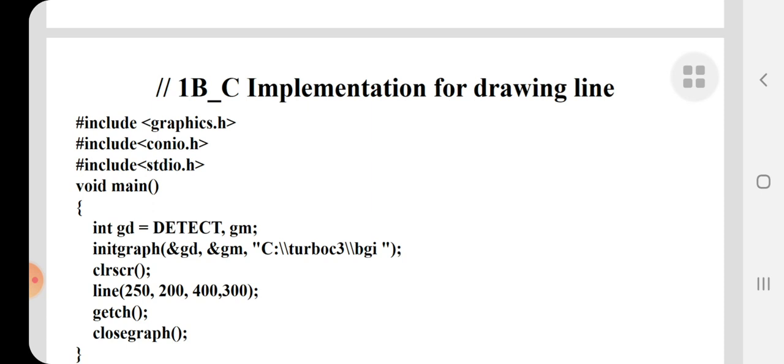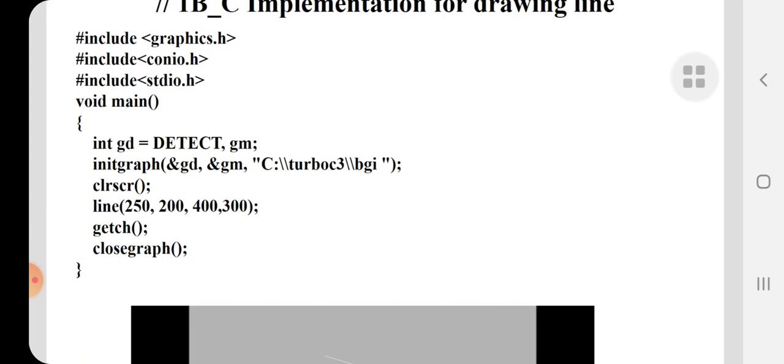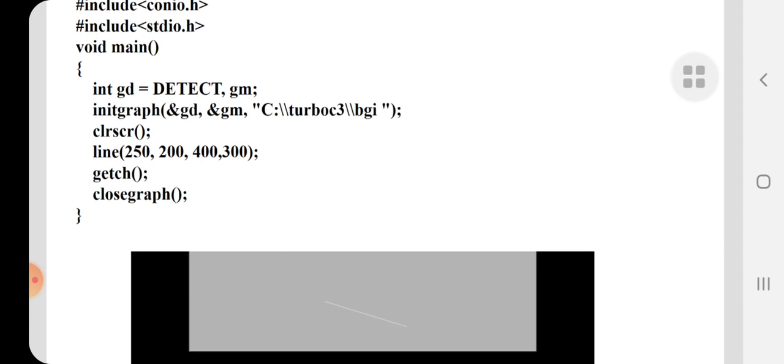So next is the implementation for drawing a line. As usual, graphics.h, conio.h and stdio.h header files are given at the beginning of the program. Then in the void main function, gd is given DETECT for initgraph, and you pass &gd and &gm. Then clrscr, and when you have to draw the line, you put the values of the starting x1 and y1 coordinates as well as the ending point values x2 and y2.